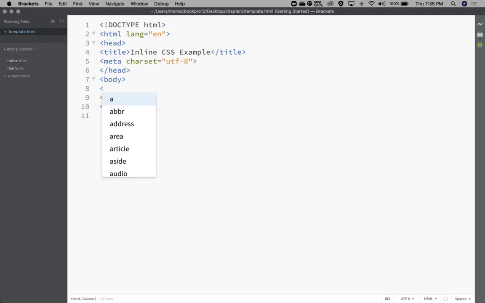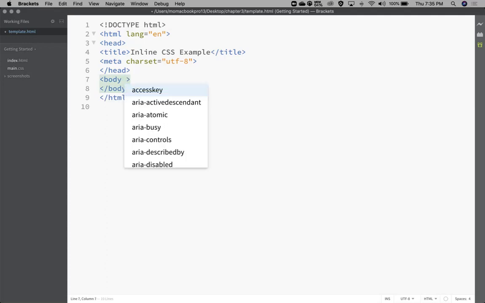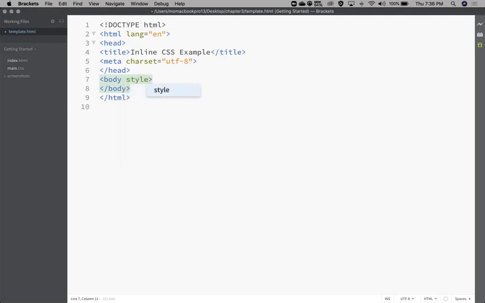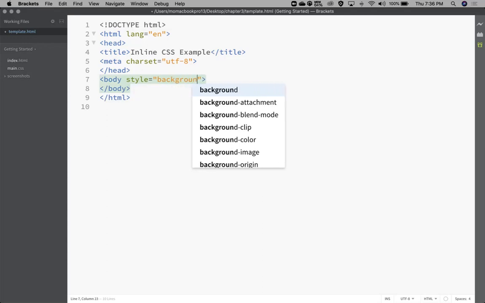Sorry, I'm going to go into this first body tag. Then I'm going to hit space after the word body and type style equals, and a double quotation mark, and we're going to type background